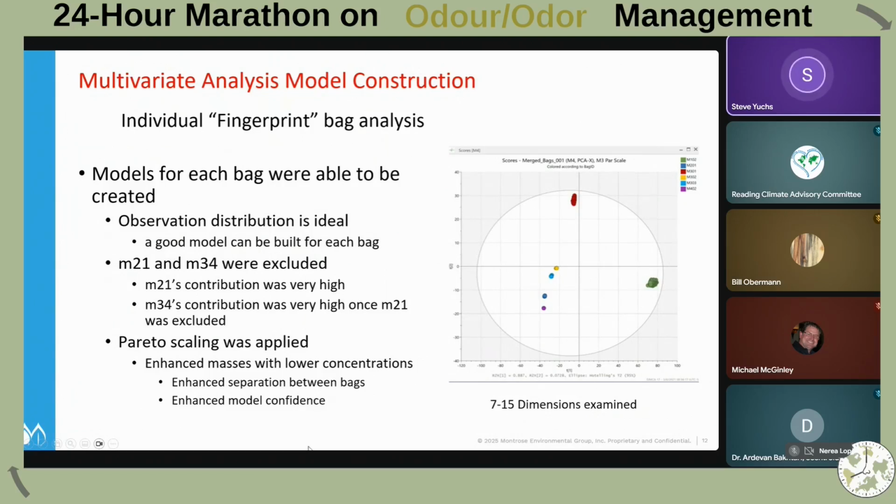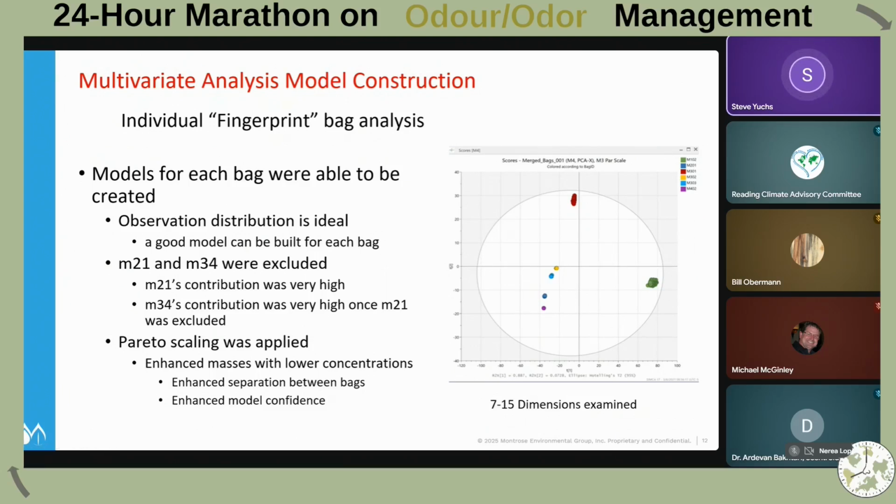So the modeling was done using 7 to 15 different dimensions of mathematics, which I can barely handle 4 dimensions, let alone 7 to 15, but as you can see, it's pretty sophisticated. But really what we're looking at here is, is there enough material here that is unique and represents a specific source very accurately, or is there just a lot of the same compounds everywhere and we're not going to be able to use this? So you can see there's good clustering of compounds for each individual bag,